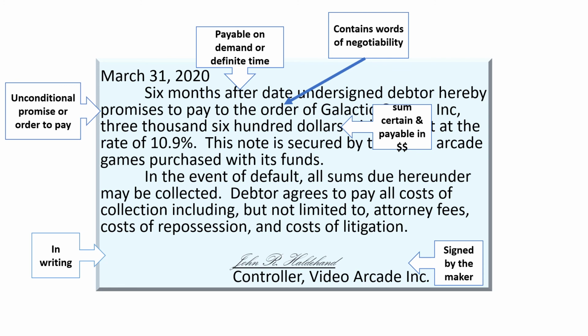Galactic Games can use this promissory note, or you could think of it as an account receivable. They can use it as a way to finance other projects, other things they're working on. It's as good as money. That's why we talked about in the very first opening slide that negotiable instruments take the place of cash. Even though Galactic is not receiving $3,600 right now, they can sell this instrument to a third party as if